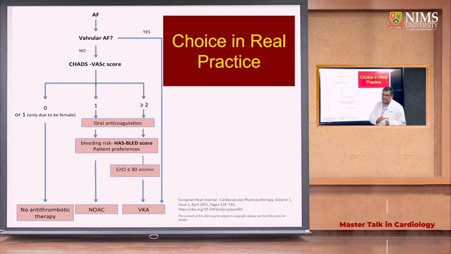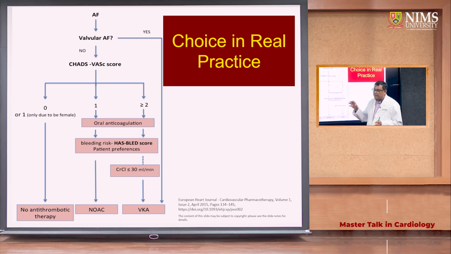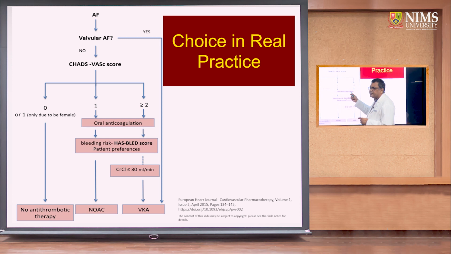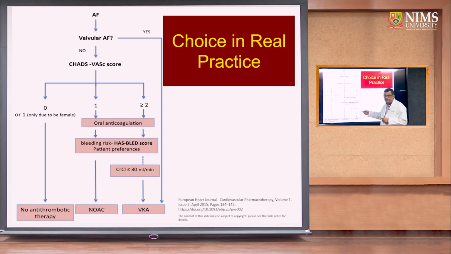So, because NOACs cause less bleeding, low dose oral vitamin K antagonist got higher bleeding. So, if the bleeding risk is high, how do you measure the bleeding risk? There is another score known as the HAS-BLED score. Read about it also, maybe because they will require another class or something. In any patient you suspect bleeding, you calculate the HAS-BLED score, and then you will know how much risk of bleeding is there. Any patient you suspect a stroke, you calculate the CHA2DS2-VASc score, and you will realize how much stroke